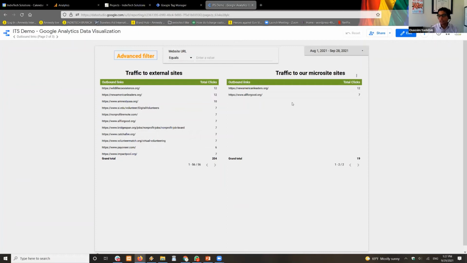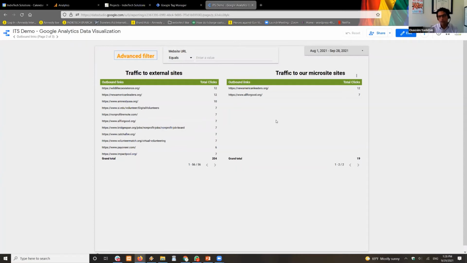Also, we don't have microsites, but I know other organizations do. For the test, I used New American Leaders, which is one of our microsites, and allforgood.org, which is one of our other websites. Here it tells you how many clicks, and gives you an idea of how traffic is coming from one microsite to another.